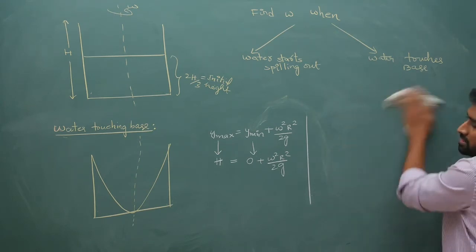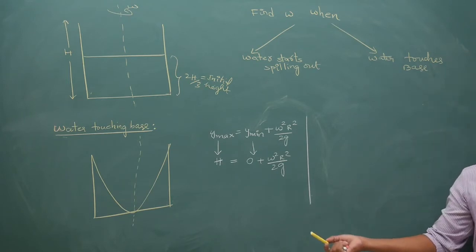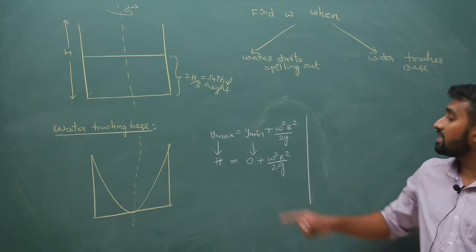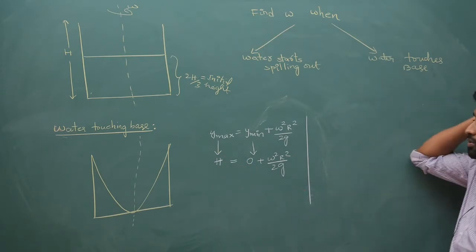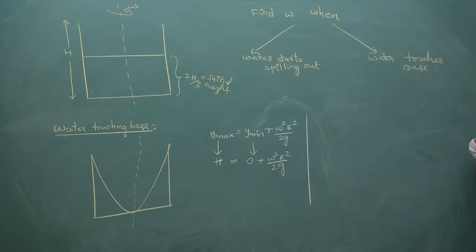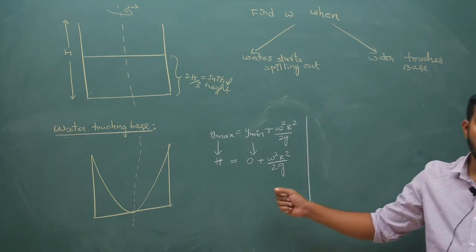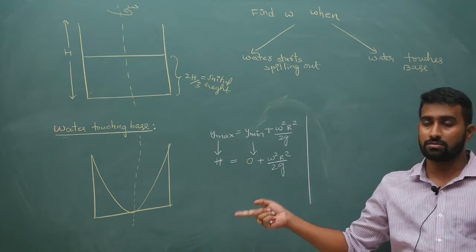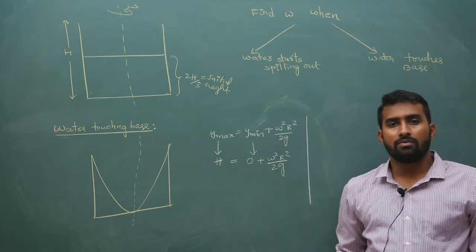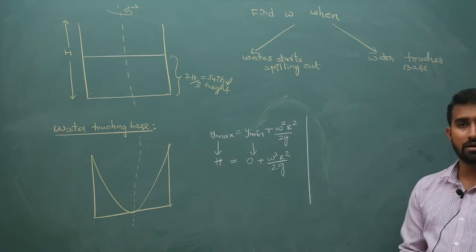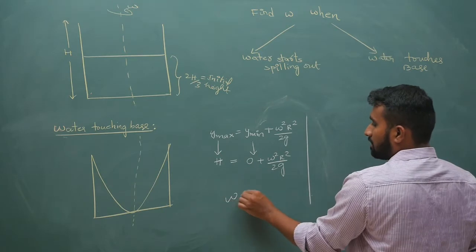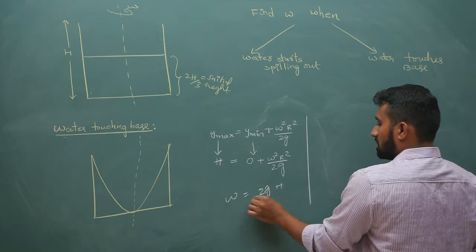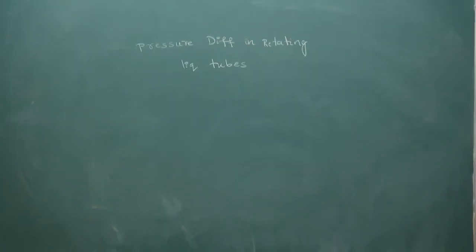So you can assume that your Ymax is h only, because even though you decrease the Ymin value, your Ymax will not change. As you keep increasing omega, obviously liquid starts coming down, that Ymin will start decreasing, but maximum possible height is only h. Beyond that the container will not be there, so liquid will not have any level or curved surface. So that is why I will just simply keep it as h. So from here omega is square root of 2gh by r square.